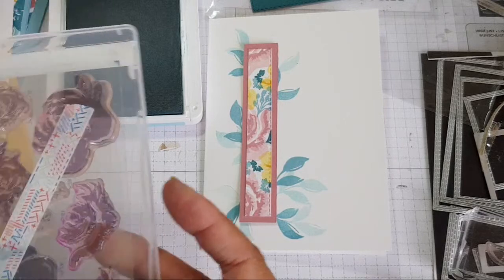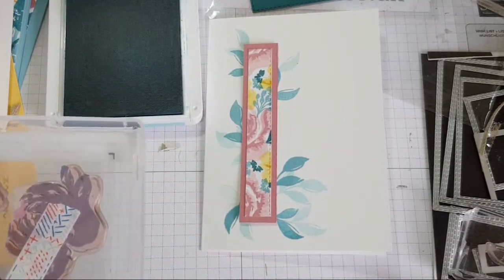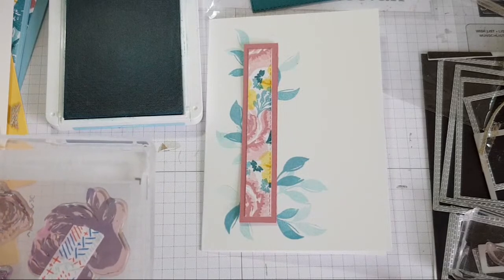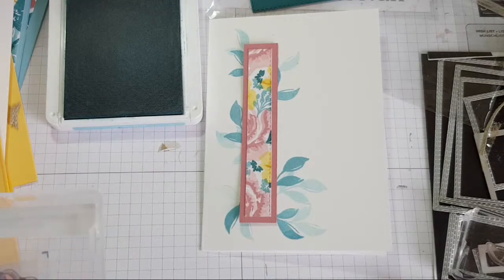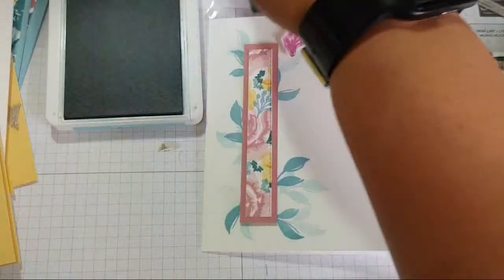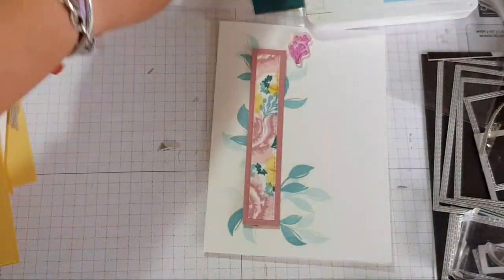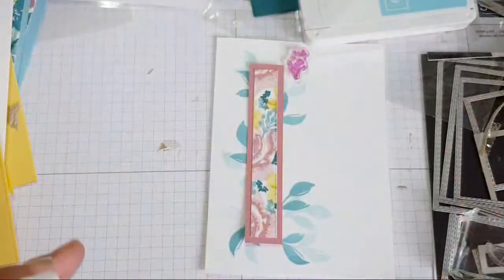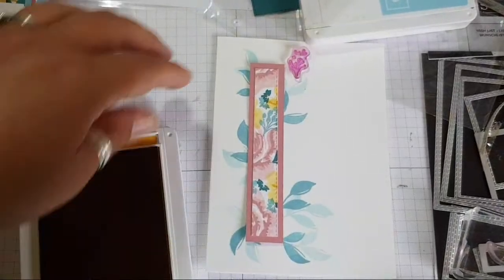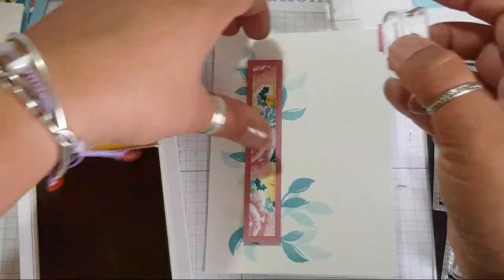Oh dear, she started now. Add in a hint of the bumblebee. It's going to turn into like a stamping session now, isn't it? After cleaning all my stamps and putting them away,